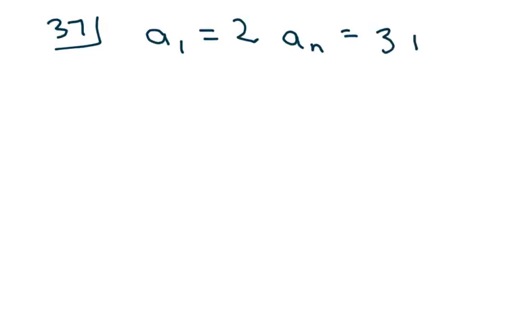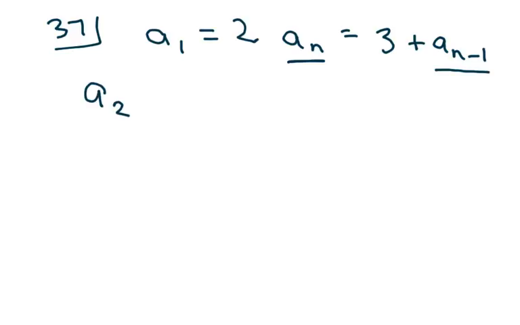So for example, on 37 we have a sub 1 equals 2, and then a sub n equals 3 plus a sub n minus 1. Now let me read what this is. It says the first term is 2, and the current term, the term you're looking for, is 3 plus the previous term. Okay, so when we see that, what we're going to do is let a sub 2,